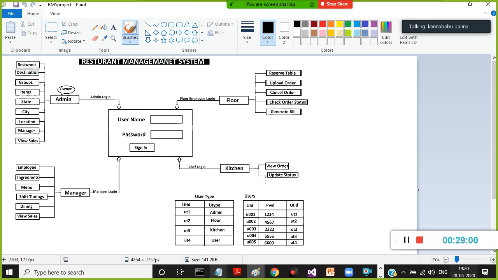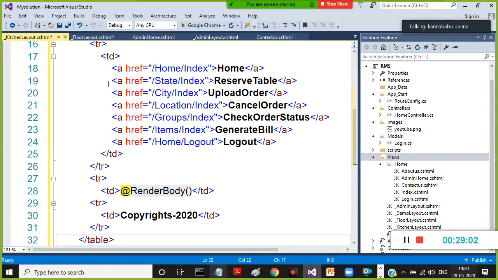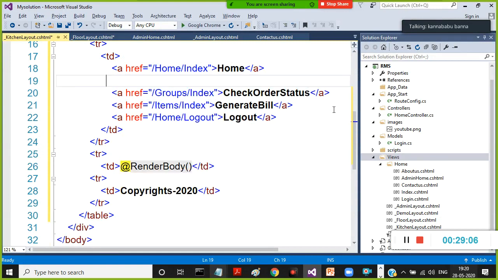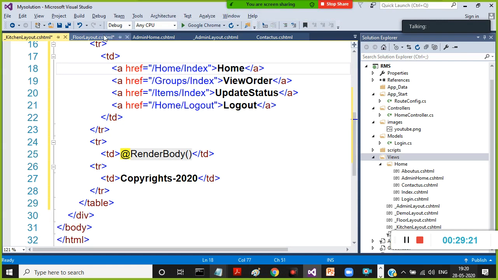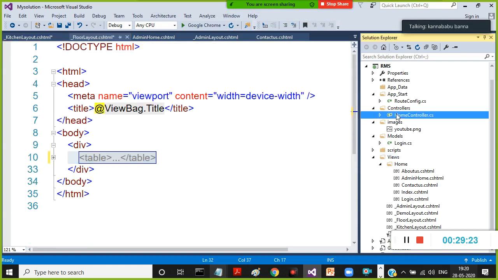So what is the responsibility of kitchen? You can see here. Kitchen, he can view the order and update the status. Just small responsibilities are there. Just I will add two hyperlinks. View the order, and update status. You will update the status of the order.